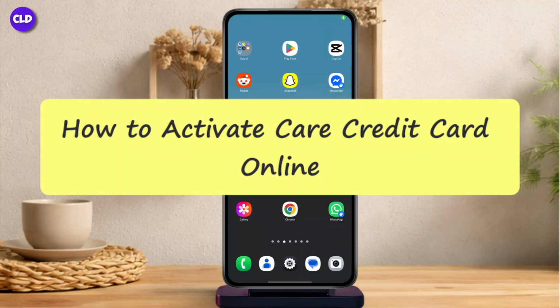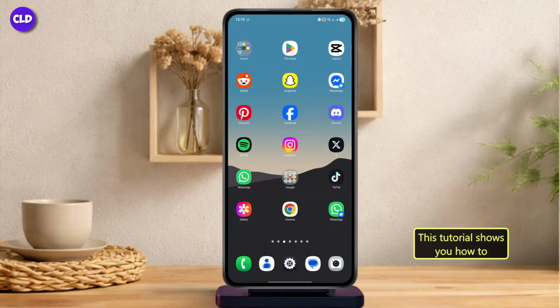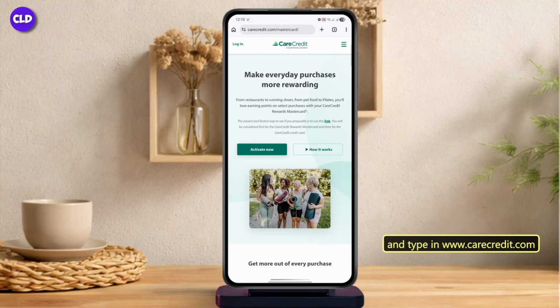How to activate your Care credit card online. This tutorial shows you how to complete the activation process through your browser. First, open any web browser on your PC. After that, click on the search bar and type in